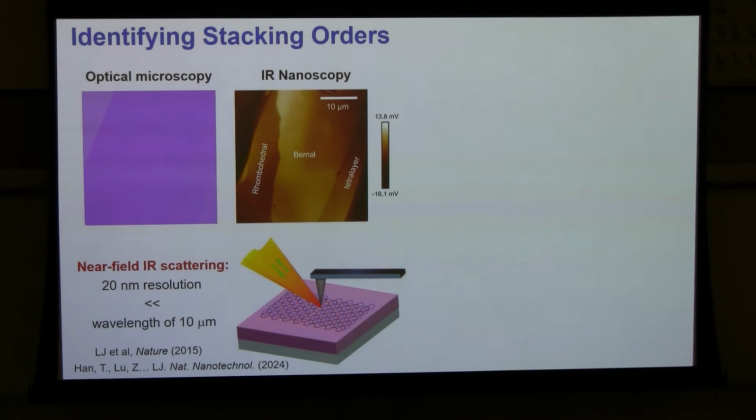Okay? So the question for experimentalists: how do you find such stacking orders and keep them in your device? This is one way, and it's a way that we chose to do. Basically, again, this is a zoom-in of that optical image. You see different contrasts here with the substrate. That's purely due to different numbers of layers.